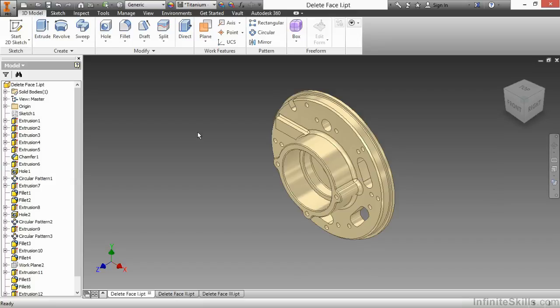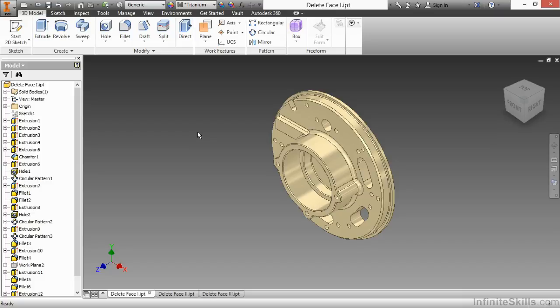In this video, we're going to look at a versatile tool inside of Autodesk Inventor called Delete Face. Now, Delete Face can be utilized in a couple different fashions. The first one we're going to look at here inside of Delete Face 1 IPT is by taking a face that we don't want or a feature that we don't want and simply removing it and getting rid of it out of our design. Now, we could do that by going back in our history and cleaning up where that